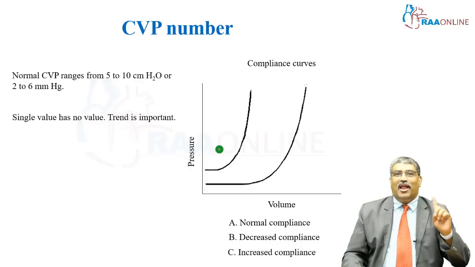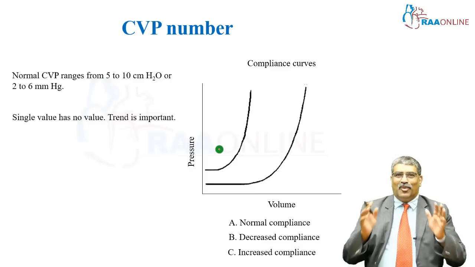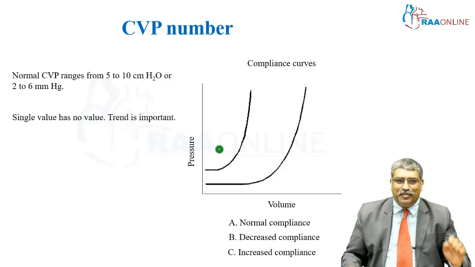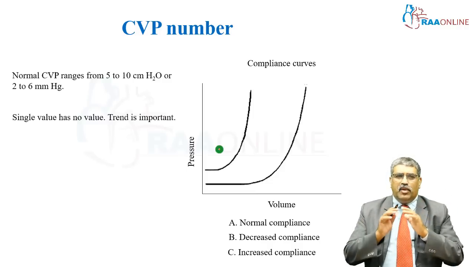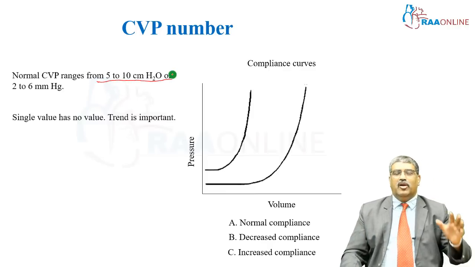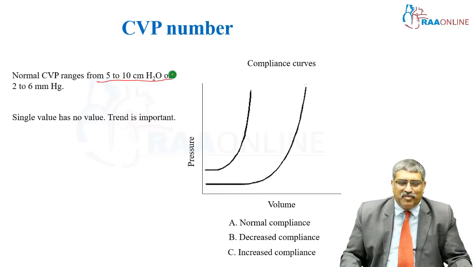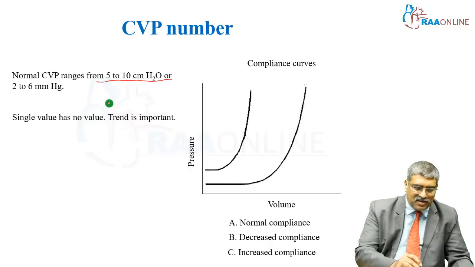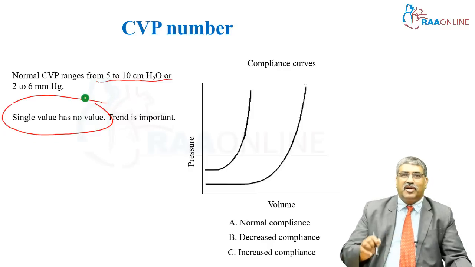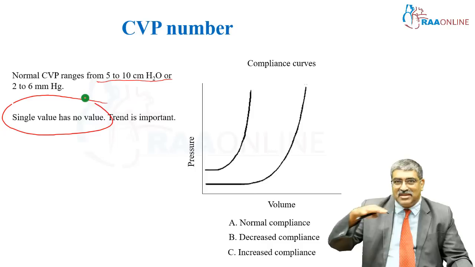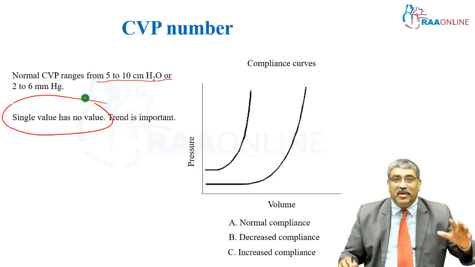Now coming to another important point. What does that number indicate? It is the RA pressure. The normal CVP ranges between 5 to 10 centimeter of water or 2 to 6 millimeter of mercury. But what is more important is, the absolute value is not important. It is the trend. Whether it is an increasing trend or decreasing trend or a static trend, that is very